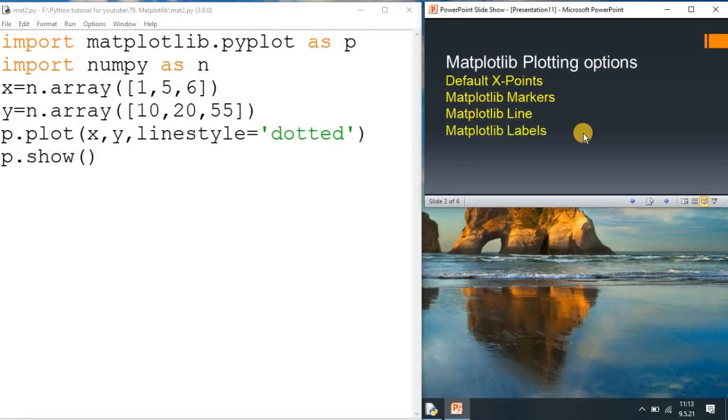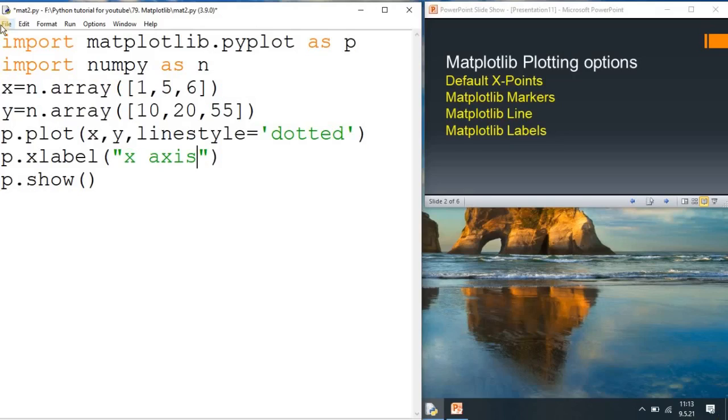After this, the next point is the label. How can we specify the label? For that we use p, the matplotlib alias, and write p.xlabel. In xlabel you specify the name for the x-axis. This is the name for the x-axis.